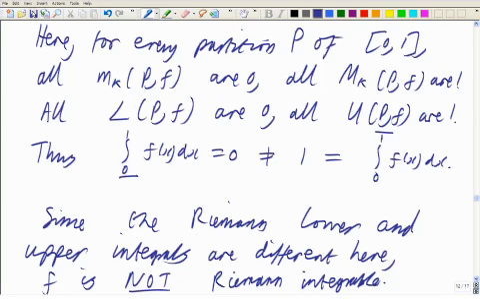Any questions about that example? It's quite a nasty function. In this module, that's just about the nastiest function you meet. On the other hand, when you do more advanced theory like Lebesgue integration, this turns out to be a very easy function